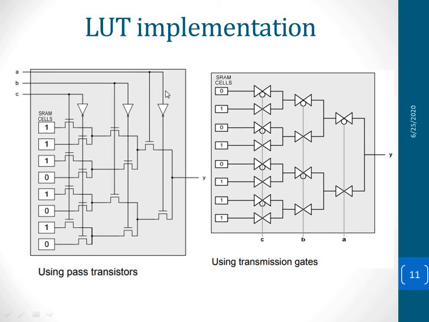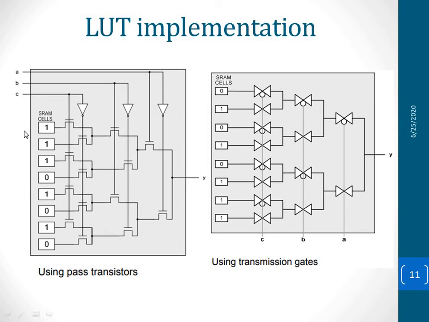As I already said, because of this one, this MOSFET is a closed switch, and because of this one, this as well as this is closed. But here, since it is open, again there is no connection for this. So now this one is connected, so 1 will be connected and passed as the output wire. So this is how, looking into the table of contents, the LUT works.